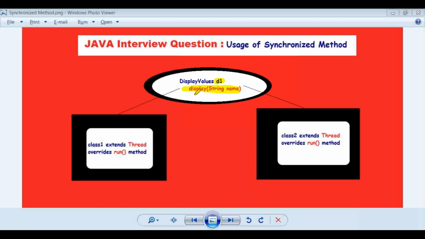Now, suppose there is a class 1 and another class, class 2, available here, and there is a D1 object available. Suppose class 1 is trying to call the display method and it is passing Selenium to display.